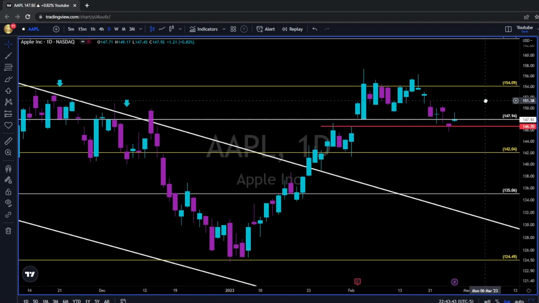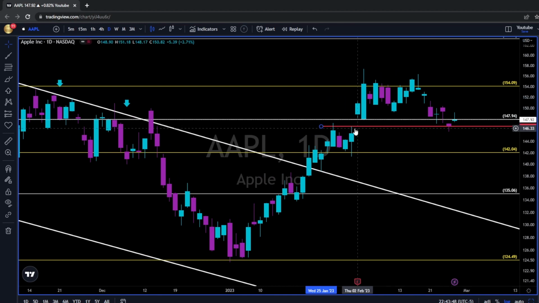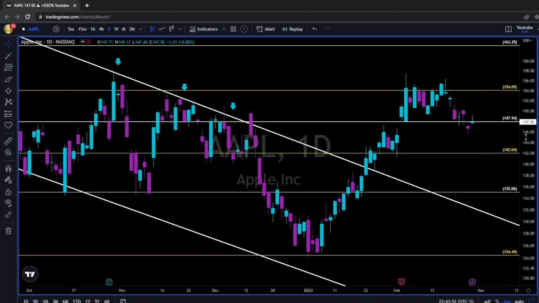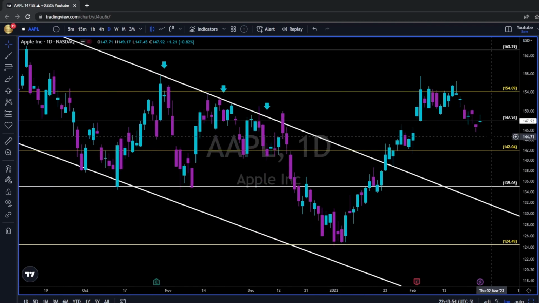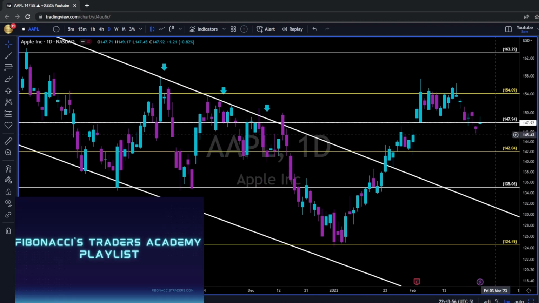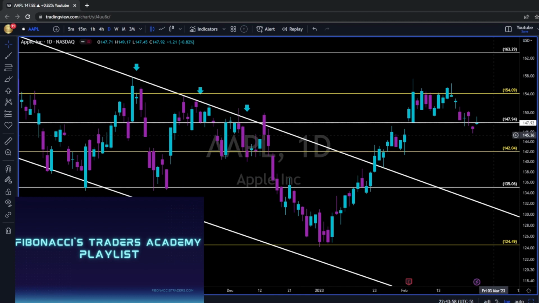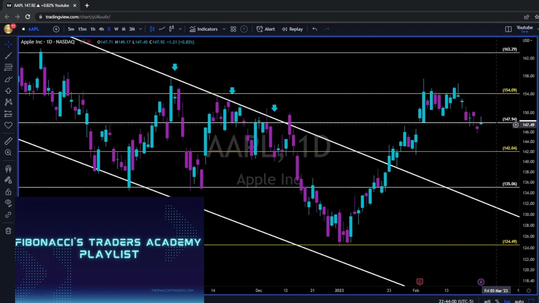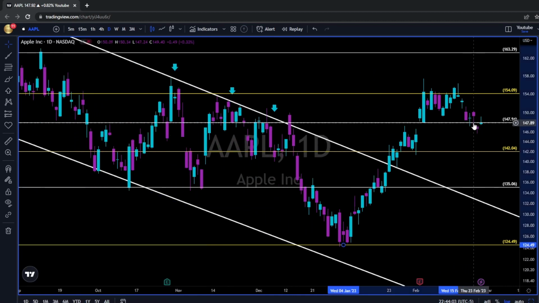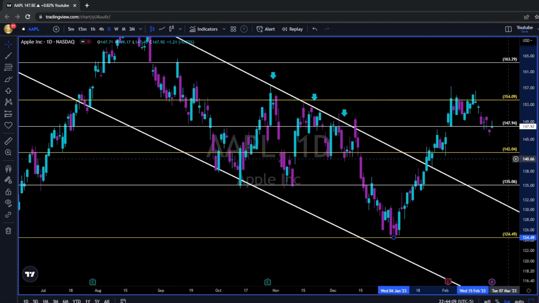AAPL, 4 consecutive dojis. This gap over here is filled. Not surprising, more than 80% of all gaps will get filled throughout time. The sooner the better. Now, 148 is a very important level of support. It needs to hold. Otherwise, 142 to the downside and maybe going back,